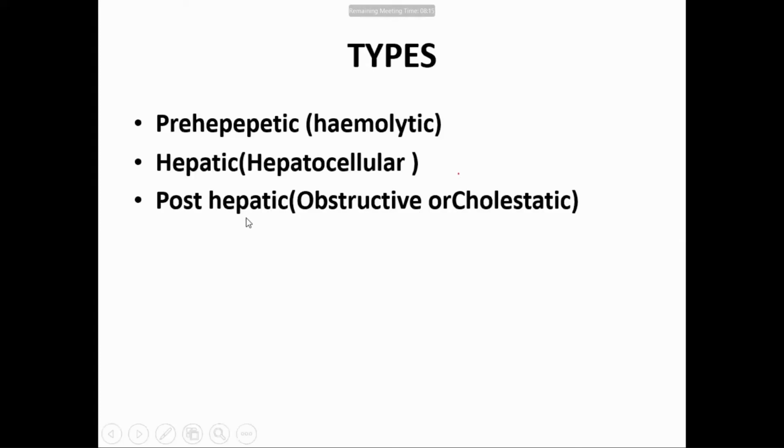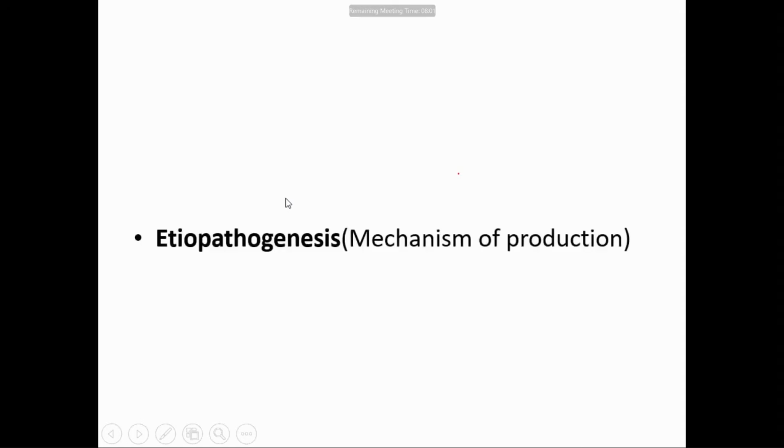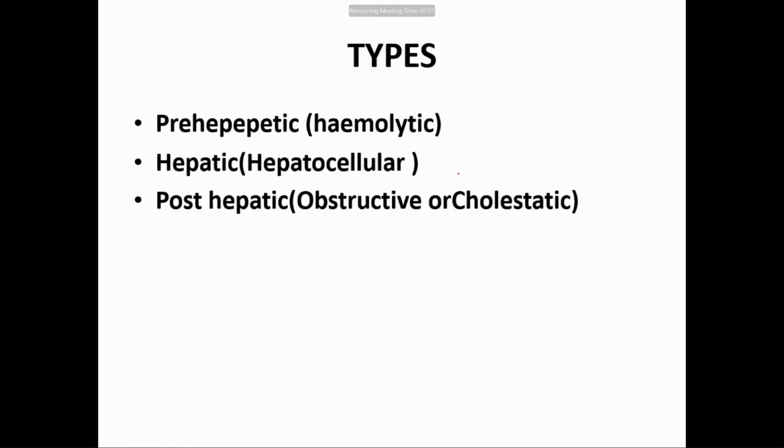Types of jaundice, this was earlier called pre-hepatic, that is hemolytic jaundice, hepatic, hepatocellular jaundice meaning liver disease, and post-hepatic meaning obstructive or cholestatic jaundice. So these are the 3 types of jaundice. Mainly, we will be dealing with unconjugated and conjugated hyperbilirubinemia. But if somebody asks what are the 3 types, pre-hepatic, hepatic, and post-hepatic. Post-hepatic is obstruction outside the liver, which is not correct. There can also be obstruction inside the liver. So this is a wrong term, post-hepatic.